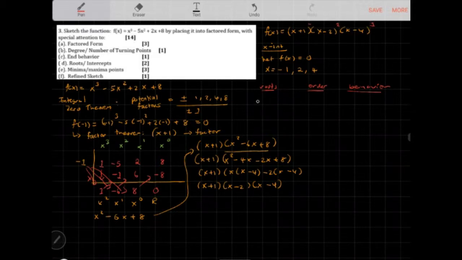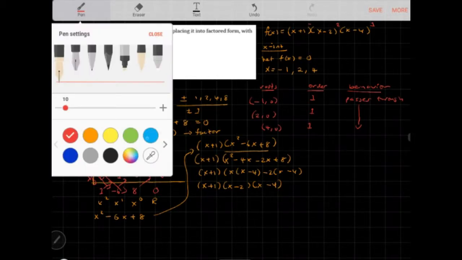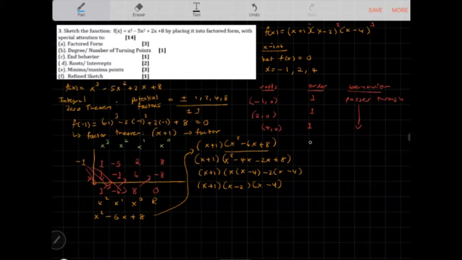Right, so my roots are negative 1 and 0, 2 and 0, and 4 and 0. The order is 1 consistently throughout, and it's basically going to pass through all of these points. Okay, so it's going to pass through all of these points, this guy included and this guy included. Right, just to get a much better understanding of what our sketch will look like, it will also be useful